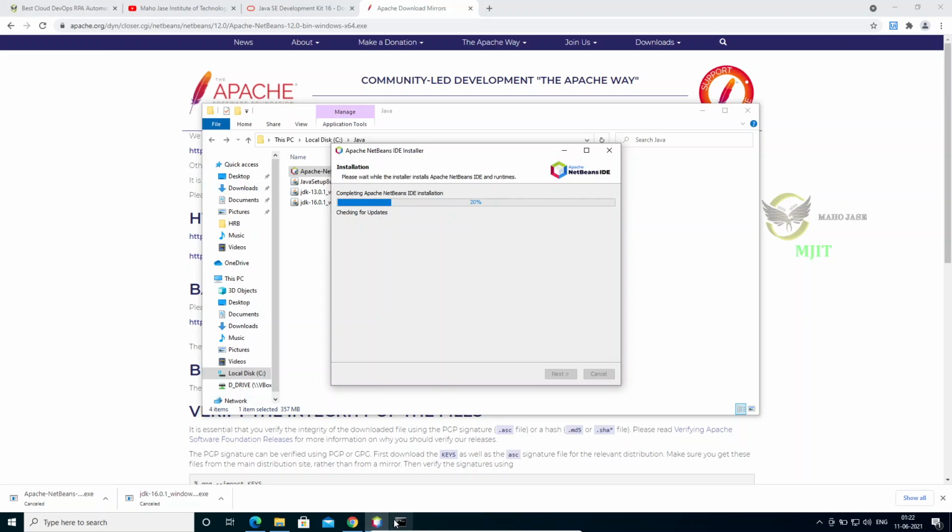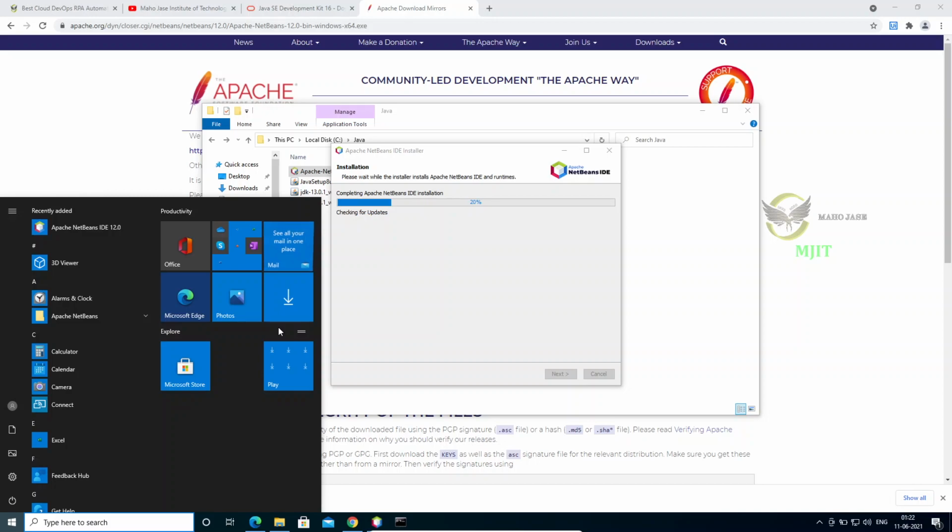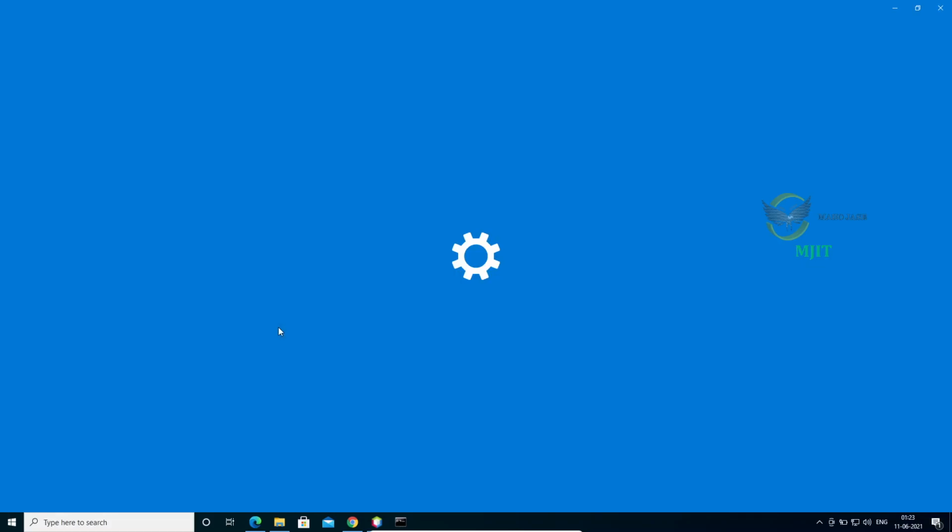So what you need to do is click on the start icon, and it will pop up. There is something called settings. Click on settings, it will open your system settings. My machine is running a bit slow, so it's taking time.